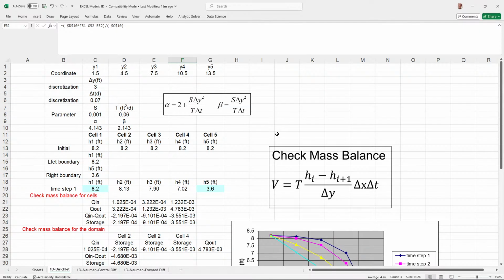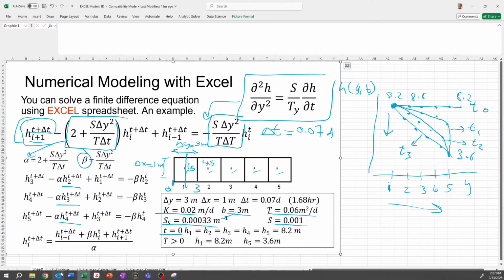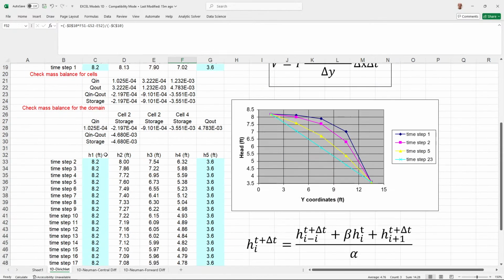So what is the learning objective here? The learning objective is that I want you to see how these models work in the background. Whether this model is a groundwater model, a surface water model, a contaminant transport model, or a heat transport model, all are the same. They all have the same elements. What are these elements? They all have a differential equation. This differential equation, you discretize it in this way, and then after you discretize it, you solve it using a numerical method, like iteratively or through other methods that we will learn later,